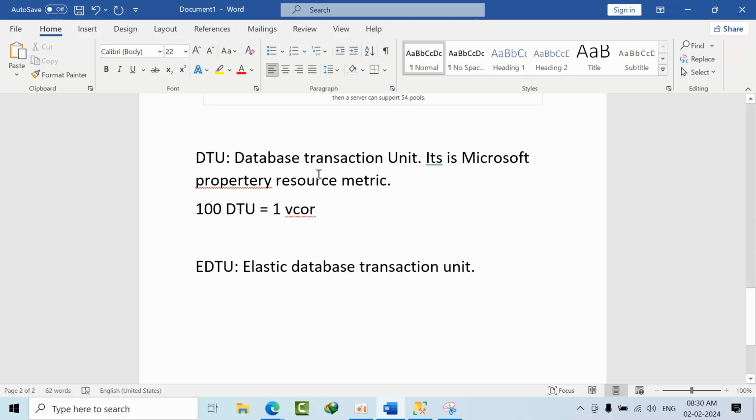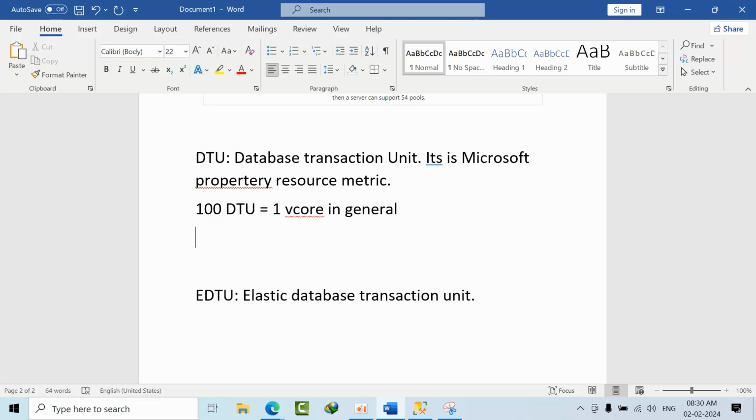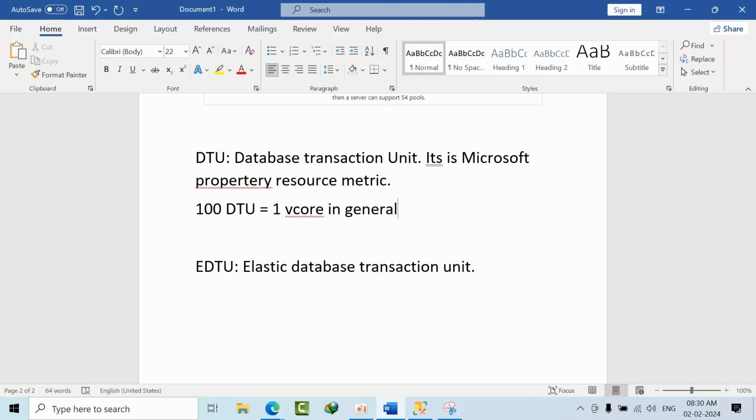In general, 100 DTUs is equal to 1 vCore, though it will vary across different editions. Remember for now that 100 DTU is equal to 1 vCore.